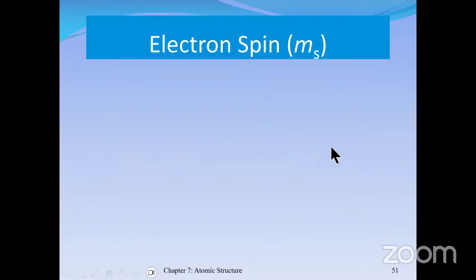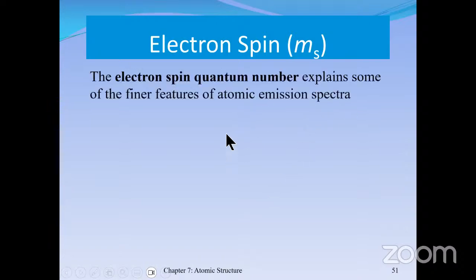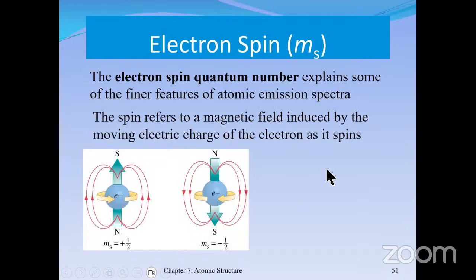Okay, one last quantum number that you need to know about, and that is called the electron spin quantum number, which is symbolized by ms. And this one is the least complicated of all because ms can only have 2 possible values. And it's actually related to the fact that whenever you have an electron spinning, it generates a